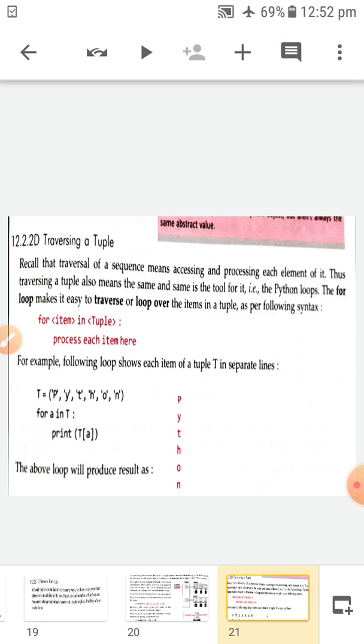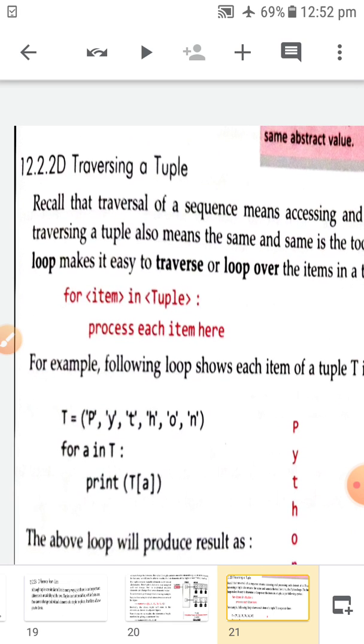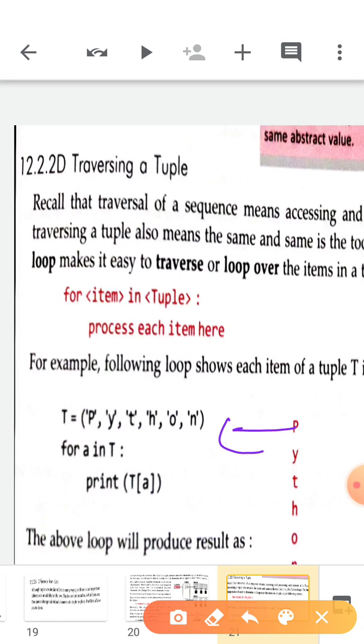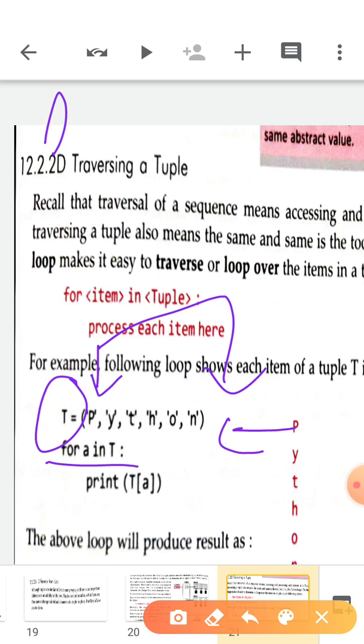Okay, so let's discuss how we can traverse a tuple. What is the meaning of traversing, children? Traversing means going from the starting position. Like this, Python is a kind of tuple which is stored inside this T. So traversing means starting with P and ending at N. We have to print each and every element. So for A in T, now we are using a loop here.